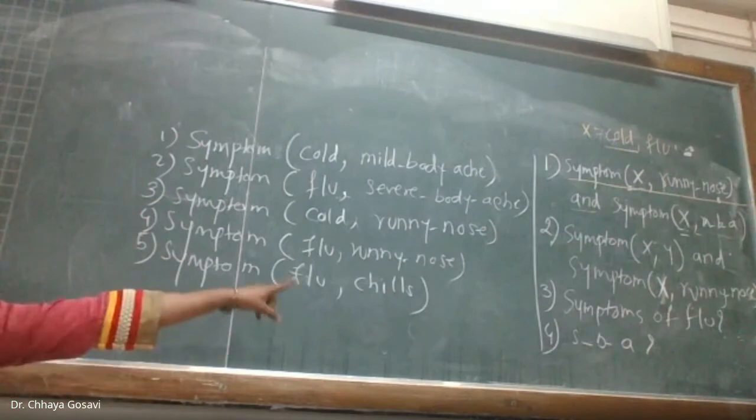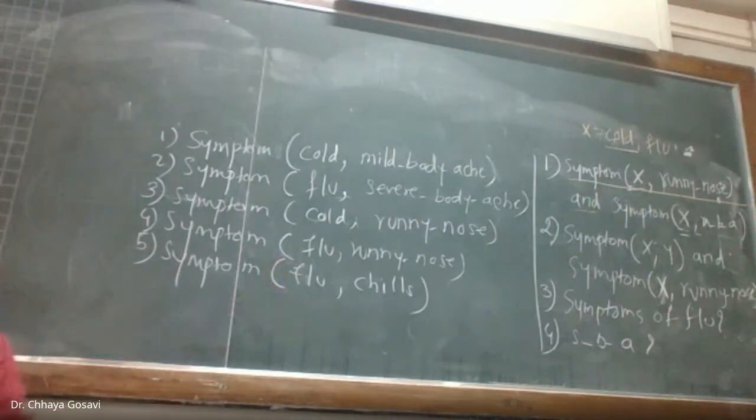This is your homework. X is your disease, flu or cold. We want symptom as output, and a particular symptom. Because now I am shivering, I have severe body ache and I want to check which disease I have. I'll just enter the symptom. No, it is not possible because data is insufficient.